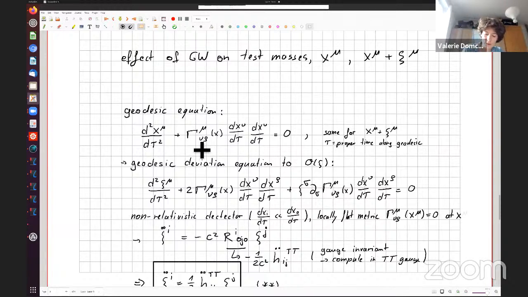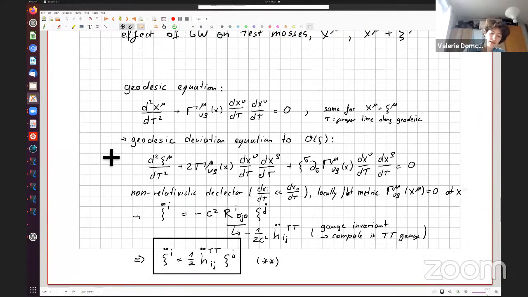Now, we remember that we computed the Christoffel symbols beforehand, the first order in h mu nu. So once we have the geodesic equation, we can plug in our expression for the Christoffel symbols, and then we can see how these test particles move in a curved metric or in a flat metric in the presence of gravitational waves. What I'm actually interested in is not how one particular test particle moves, but what is the relative motion of these two particles. Because they will be two free falling particles, but now the gravitational wave comes and these two particles will move one with respect to the other in some way. And I would like to understand how that motion works.